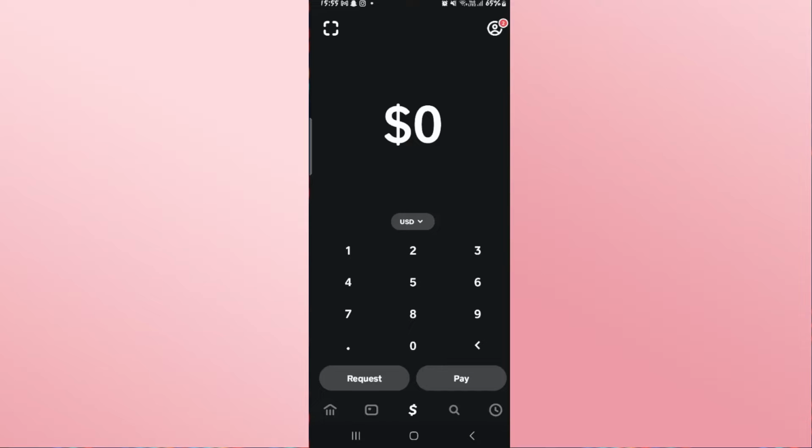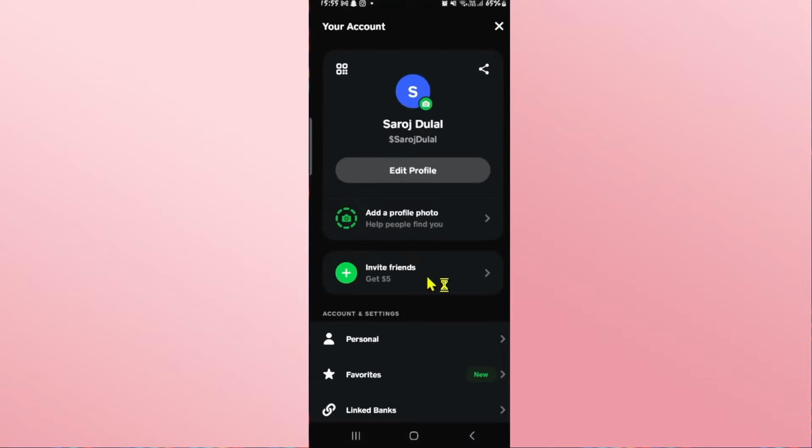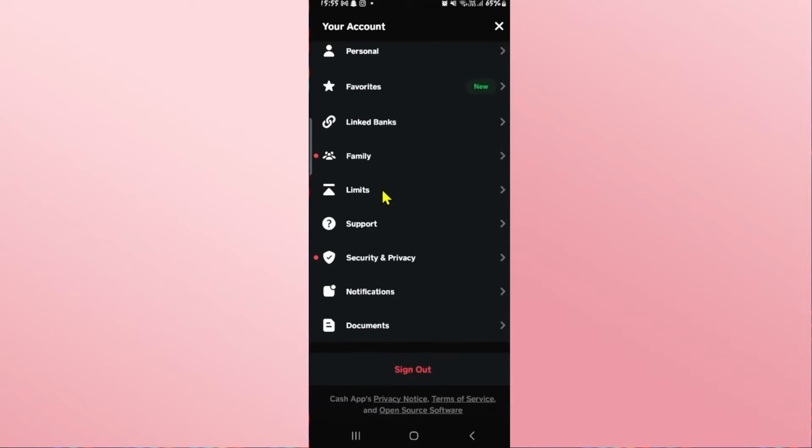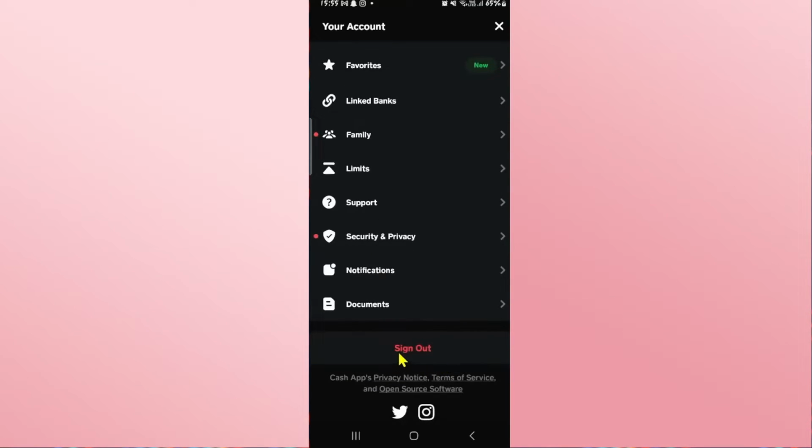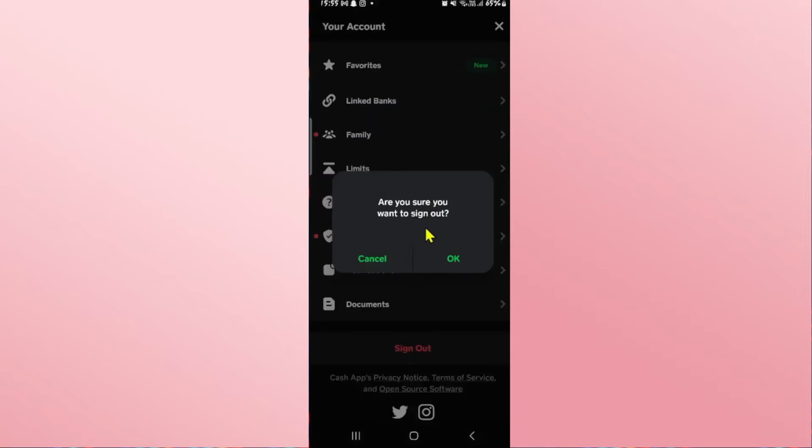Now, from the home page, in order to log out, tap on the account icon at the top right corner, and now you will be taken into your profile page. From this page, scroll all the way down and you will see the sign out button. Tap on this button and you will be asked whether you are sure that you want to sign out. Go ahead and tap on OK to provide your confirmation, and now you will be signed out from your Cash